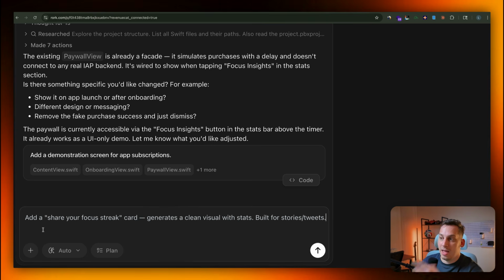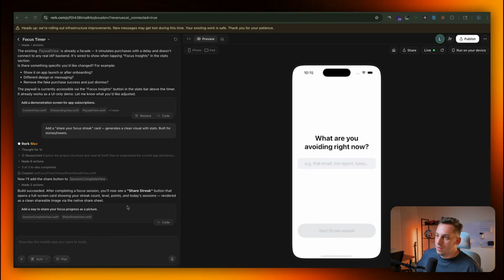So we can write something like add a share your focus streak card. It generates a clean visual with stats and built for stories or tweets. All right, now it says build succeeded. After completing a focus session, you'll now see a share streak button. That opens a full screen card showing your streak count, level, points, and today's session. And I'm not gonna wait 25 minutes to do this, so I'm gonna go now to the next point